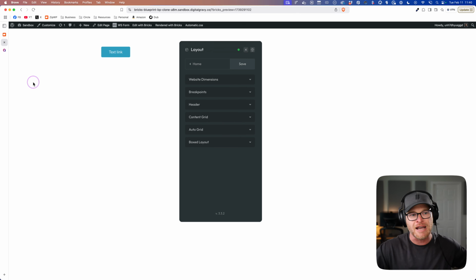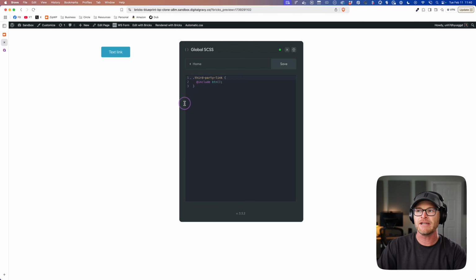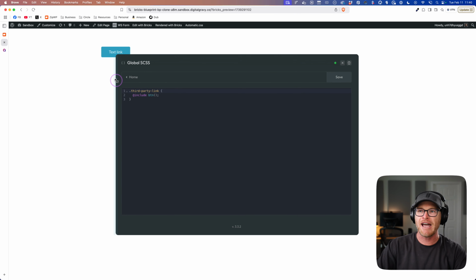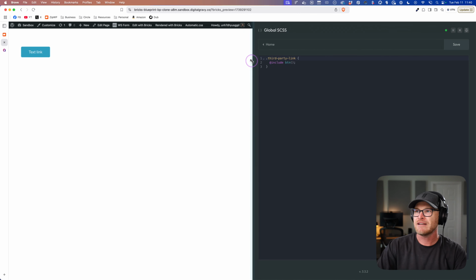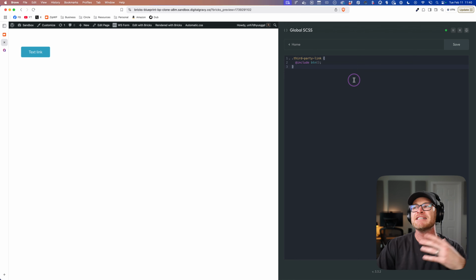I use this all the time. All of your global Sass, global CSS should be put in this area right here. Plus, you now have control over this, right? So you can have kind of the exact experience that you want. I can dock it, I can pin it. It stays with its width, right? Now I'm seeing my entire website next to this. I mean, this is a CSS authoring experience you would expect to see.